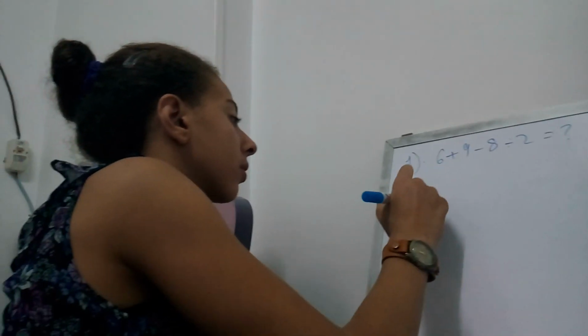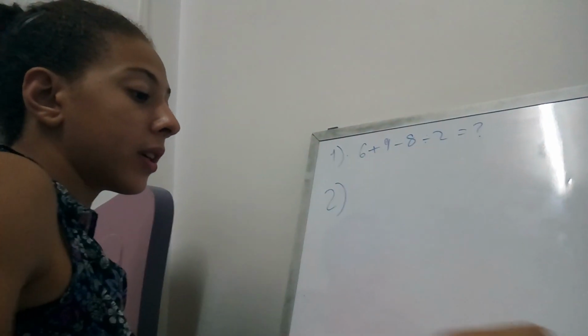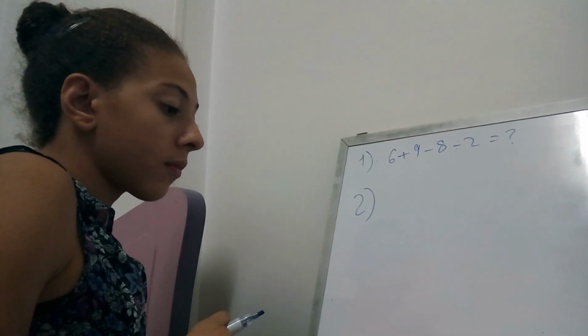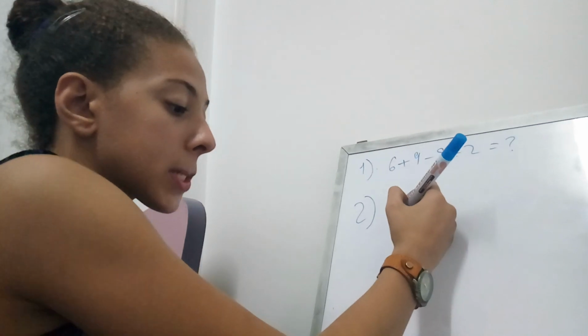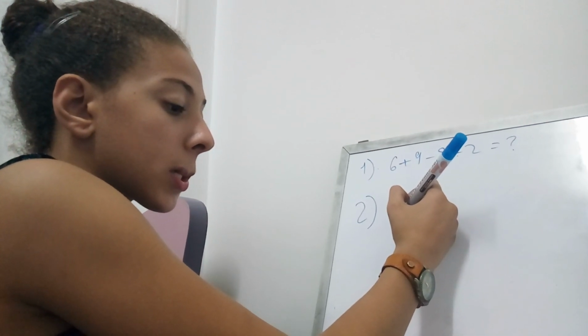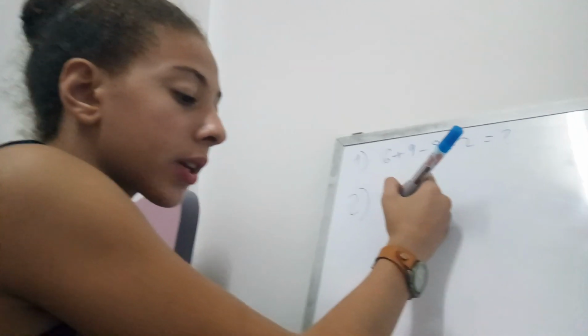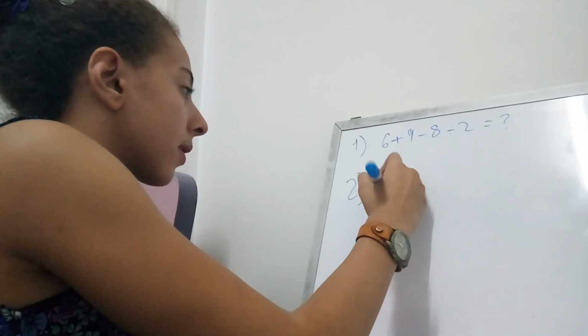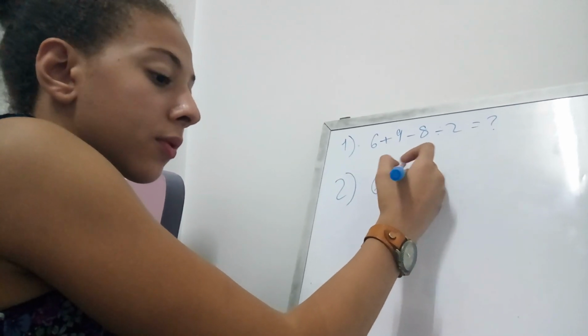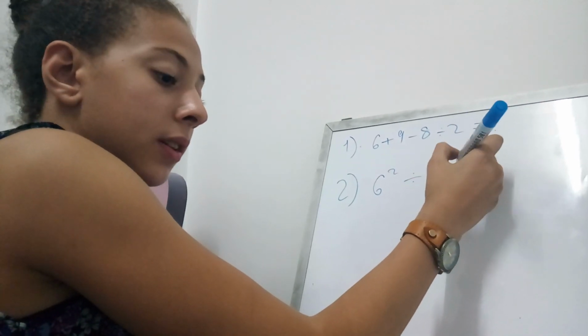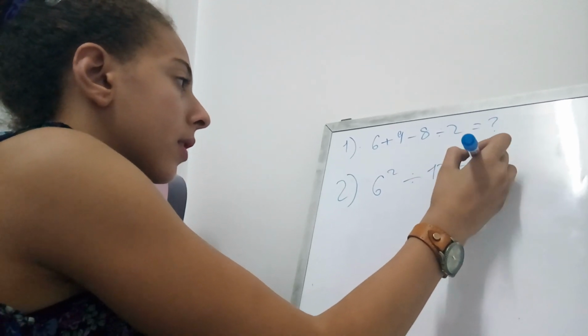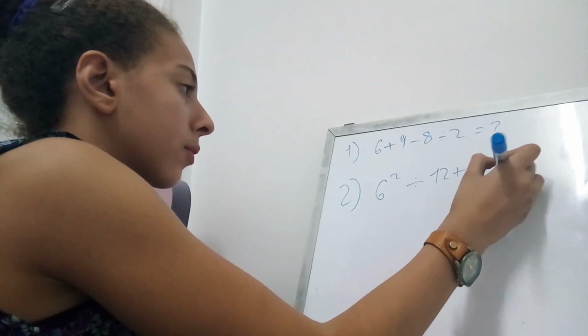Number 2, it will be 6 power 2 divided by 12 plus 9 equals,